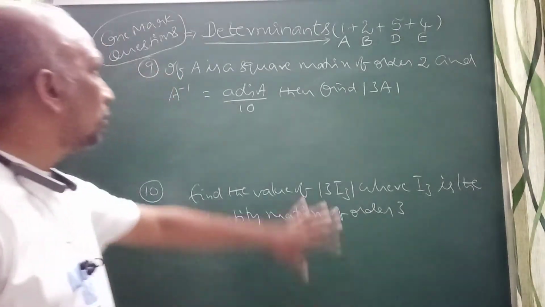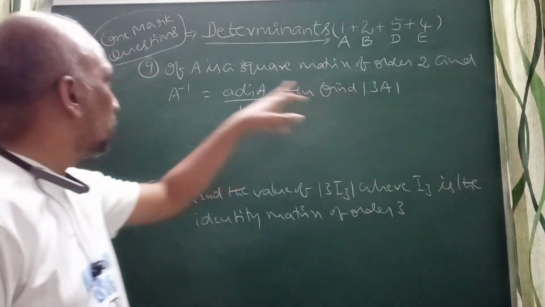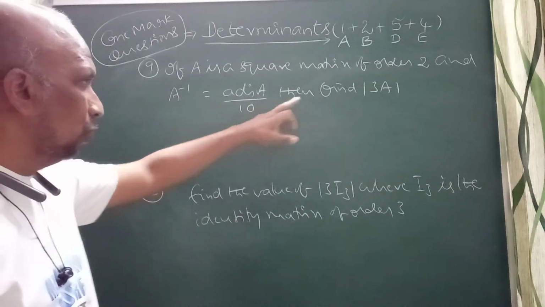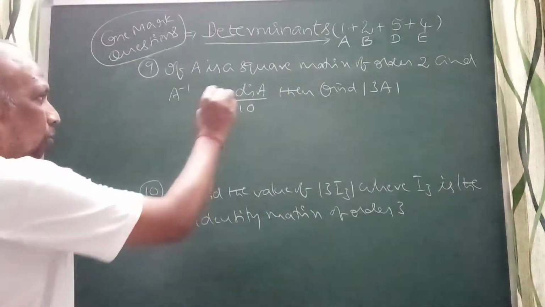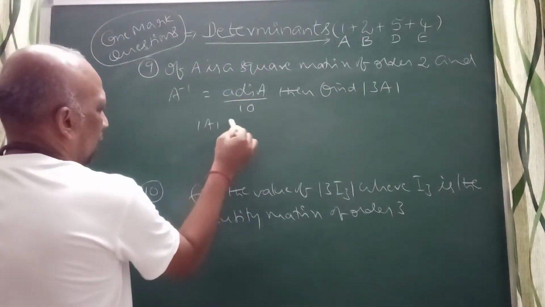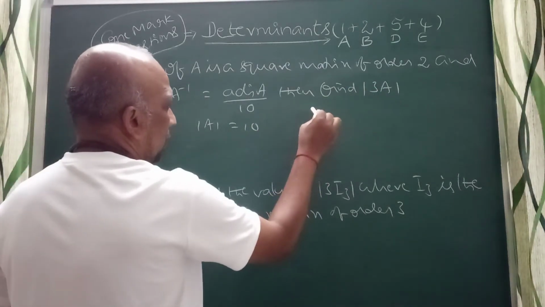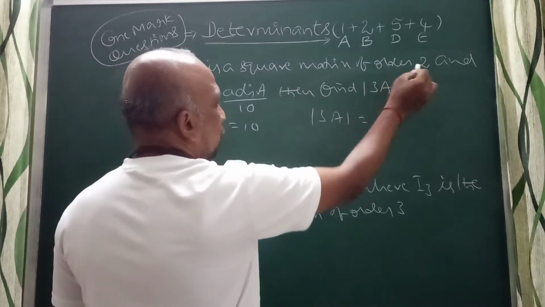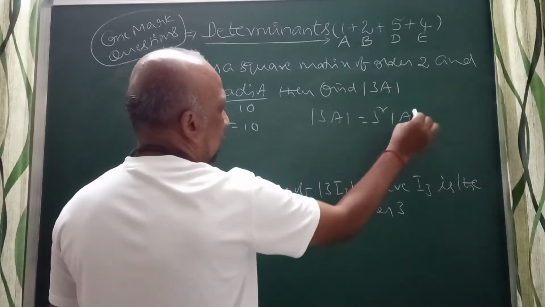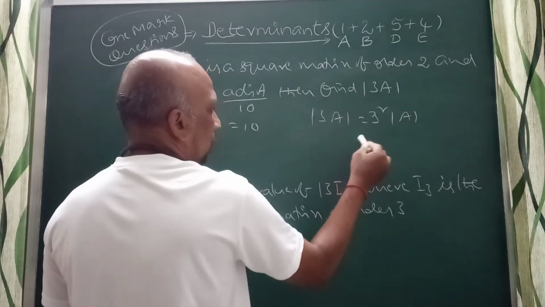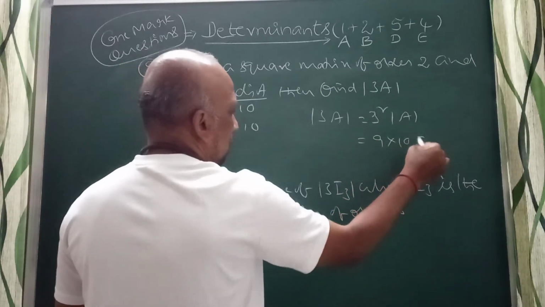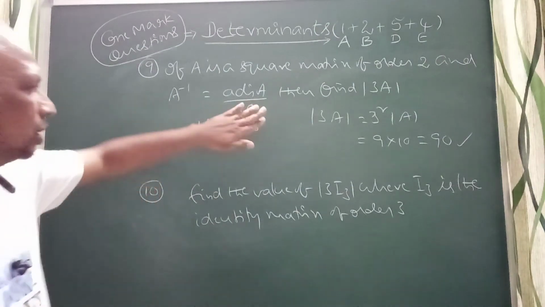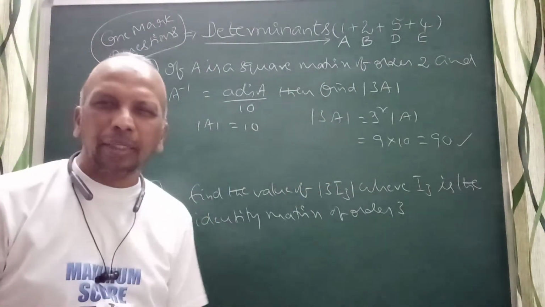You see this problem, they have given A is a square matrix of order 2 and A adjoint A equals delta A times I, and this is the delta A value, then find delta of 3A. So from this I can conclude delta A is equal to 10. They are asking delta of 3A. Since the order is 2, I can write 3 square into delta A, right? So 9 into 10, it will be 90. It will come 3 square delta A. From this, delta value 10, 90 you can conclude.